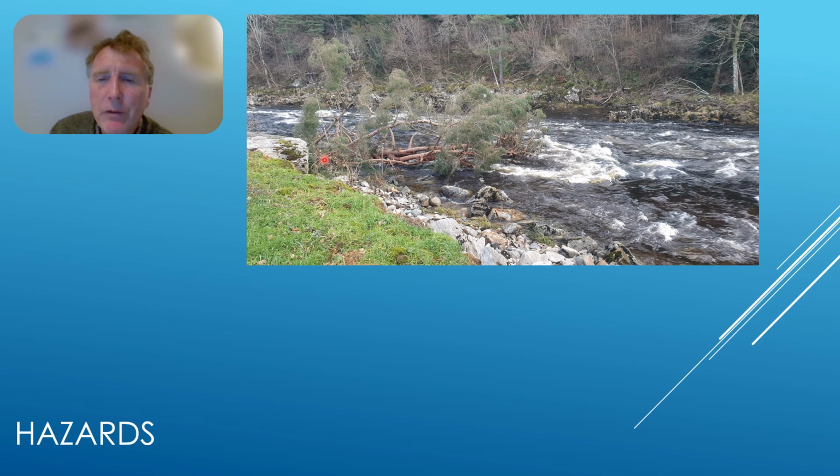So here we have an obvious hazard. We're on the left bank. The river is flowing in this direction. Now, fortunately, the obvious line and the main line is down the other side of the river, and you don't actually come close to this obstacle. However, if something happened, particularly if you were swimming or if you're in your boat, this is a serious obstacle